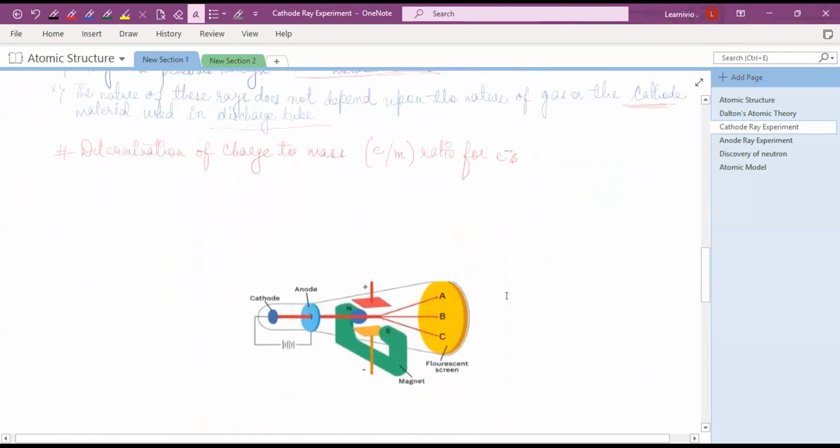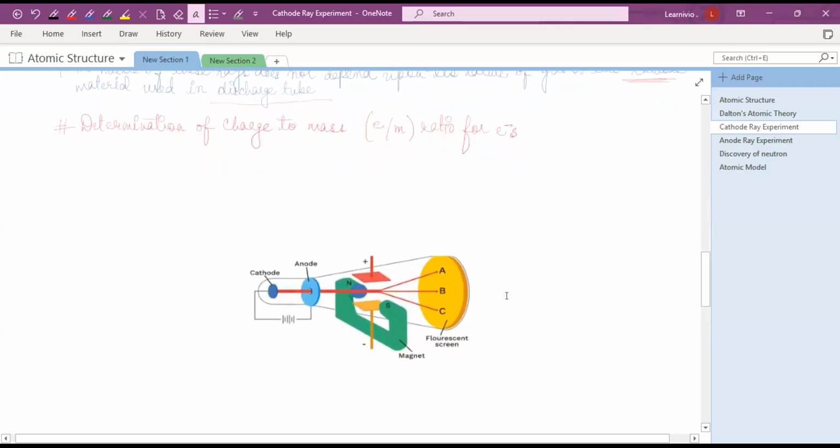Okay, now here's the determination of charge to mass ratio of electron. Charge to mass ratio. So J.J. Thomson, for the first time, experimentally determined the charge to mass ratio. Who determined? J.J. Thomson,